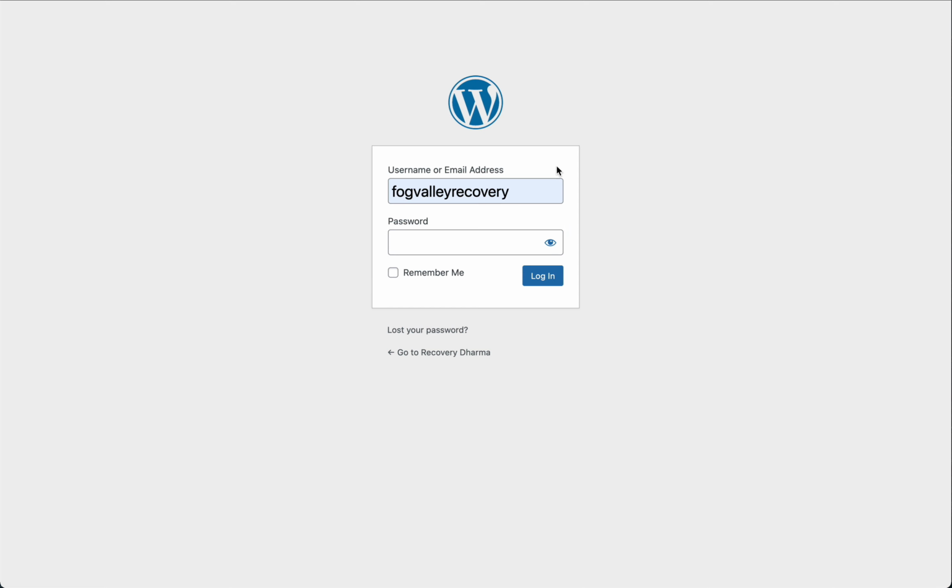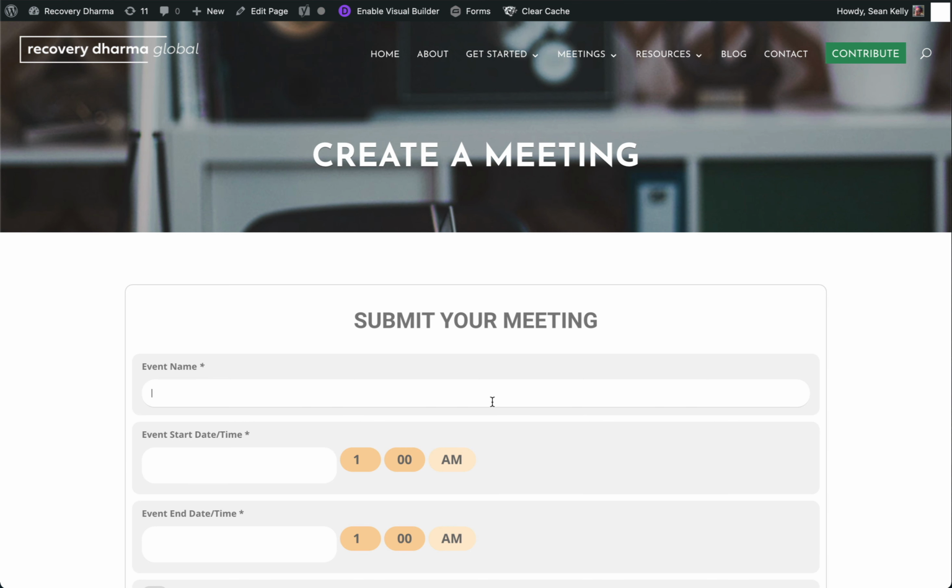So I'm going to use the username and password I set up last time. And since I'm here at home, I'm going to click remember me. If I'm on a public computer, you definitely do not want that clicked. Say you're at the library. So click log in, and now I can start typing in the details about this new meeting